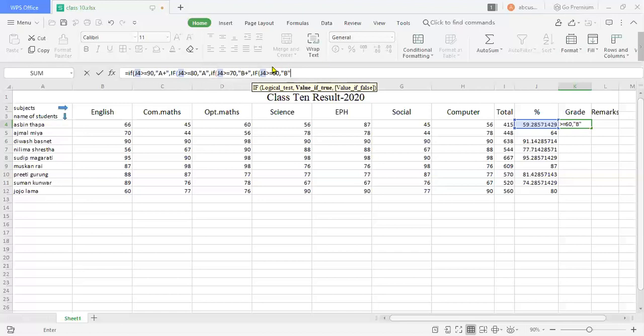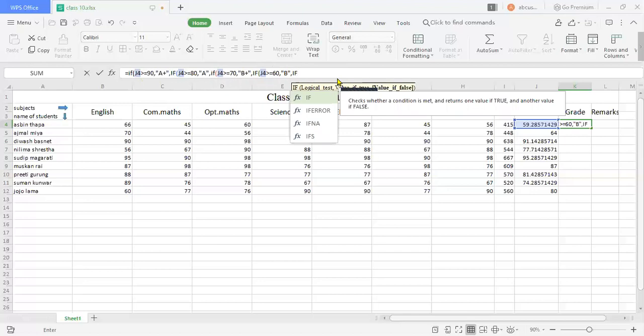I have entered the formula for the grading system, and comma, and if the percentage